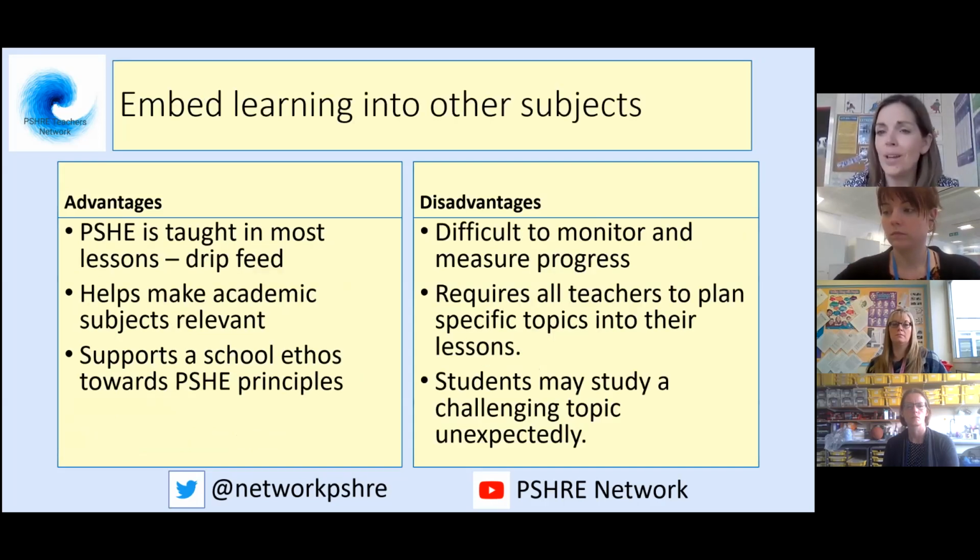And then the other way that can be done, and I have seen it done, and the jury's out, I've not seen it done spectacularly well, is to embed learning into the other subjects. So to split your curriculum up and drop it into other subjects. The advantage of that is it means that there's a reference to PSHE in every single lesson. So you've got this little drip feed of